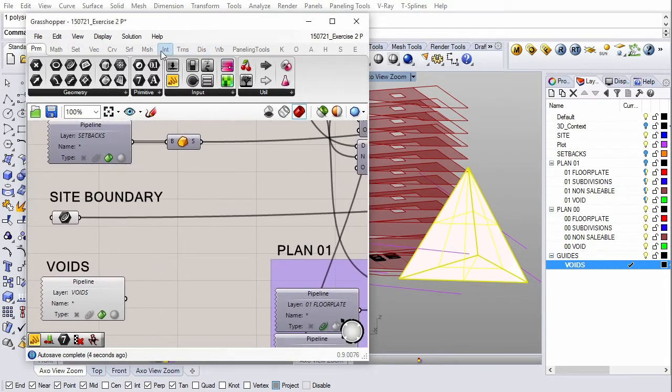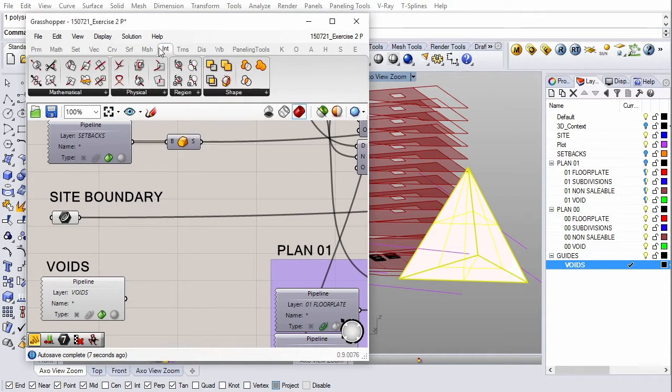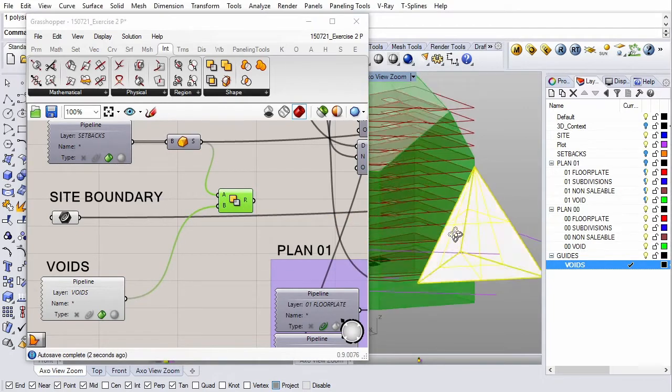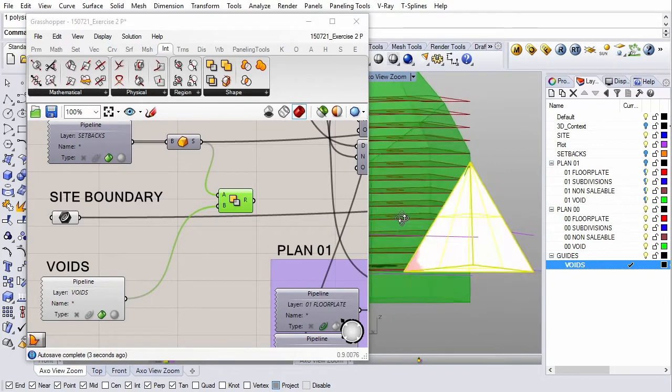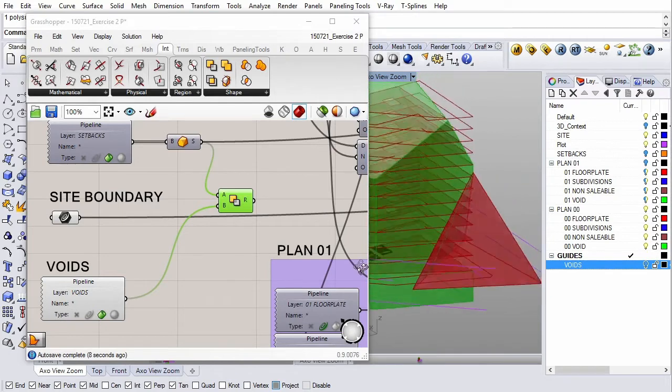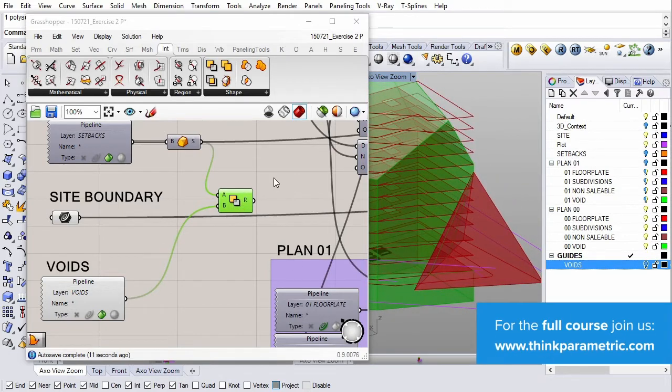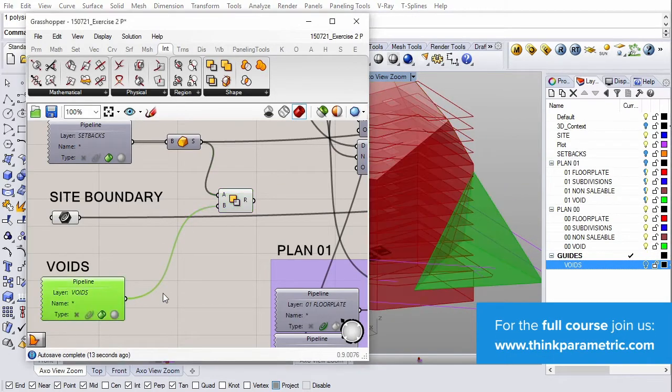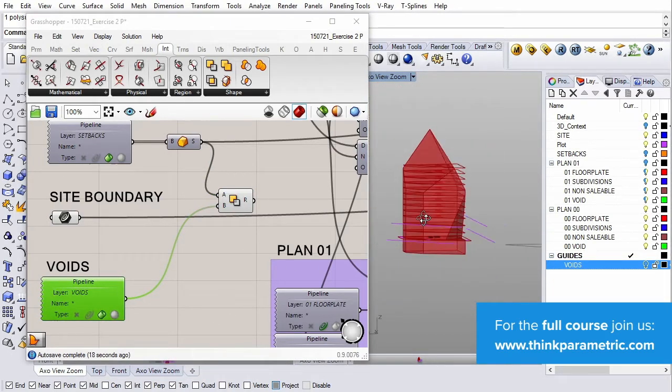Now we'll play with intersections and create a subtraction, a difference operation. So now this void is in Grasshopper, and it's being subtracted from our volume.